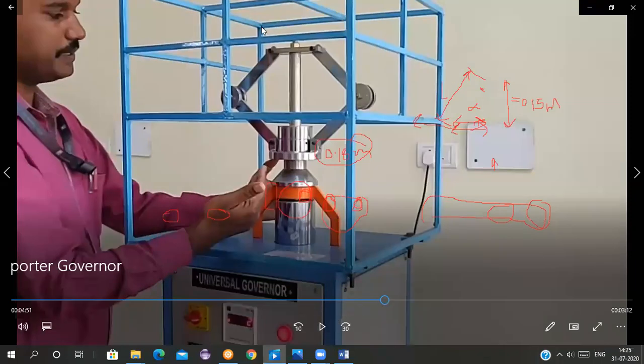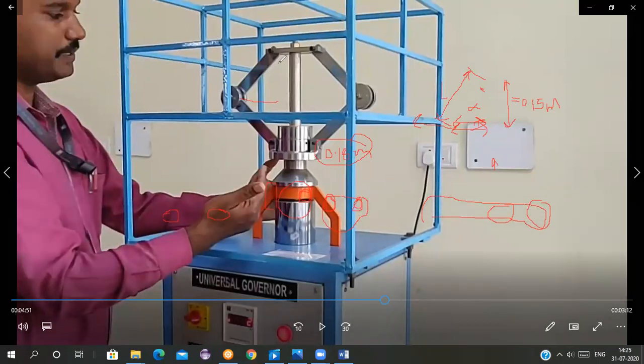See, all of you see here, the radius of rotation you will get, that is this R. But the point of attachment of this upper arm is here. So a radius you will get it as this. This R value will be L sine alpha. But what about this? The total radius is from this point, this central axis.